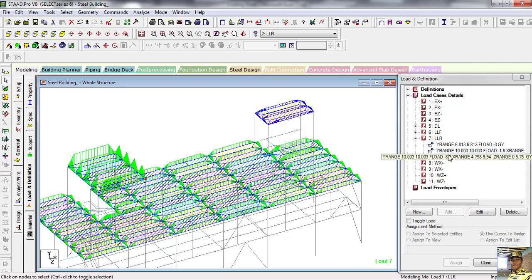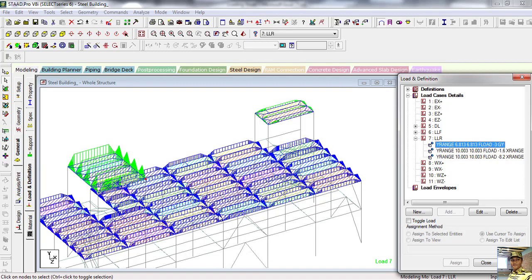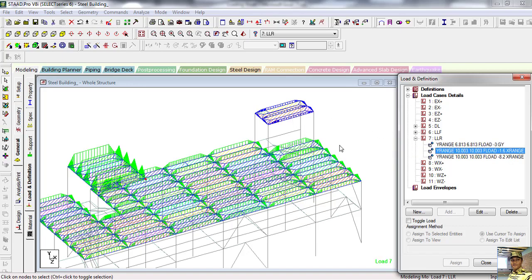This is acting as well as select this one. Now this is acting. So when you select this one, this color will show, like this is our 3. Now show here, this load is shown, this is 1.6, that is here. So select this one and it is acting. Now see that is 8.2 kilonewton per square meter.